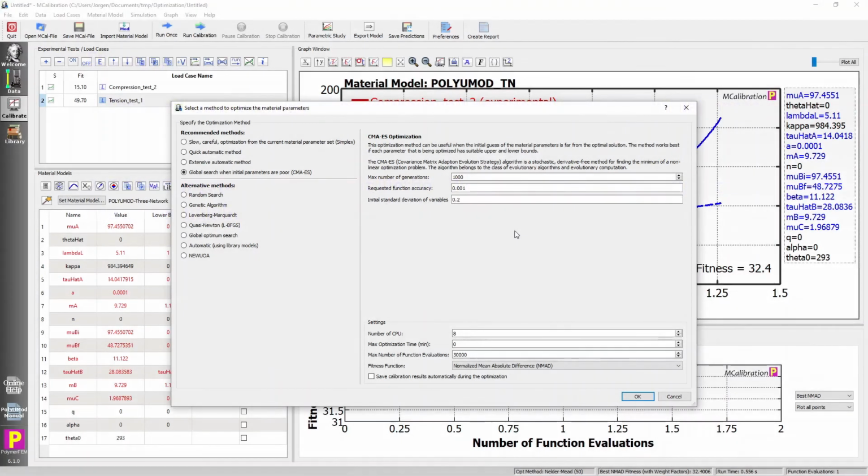So that's my advice if you're interested in speeding up these calibrations and getting the best results possible, depending on what